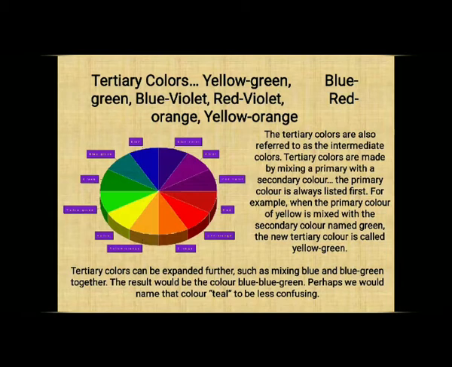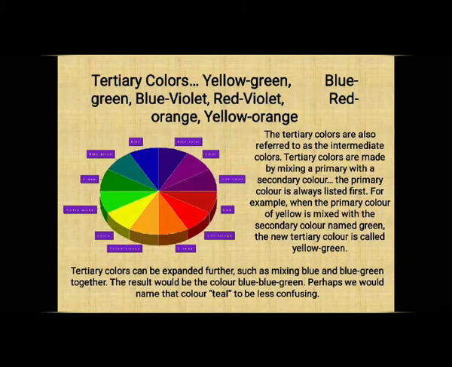By mixing one secondary color with one primary color, we get a tertiary color. For example, by mixing green and yellow, you get yellowish green. Green is a secondary color, yellow is a primary color. By mixing both colors, you get a tertiary color. In the same way, mixing other colors in the wheel forms the tertiary colors.